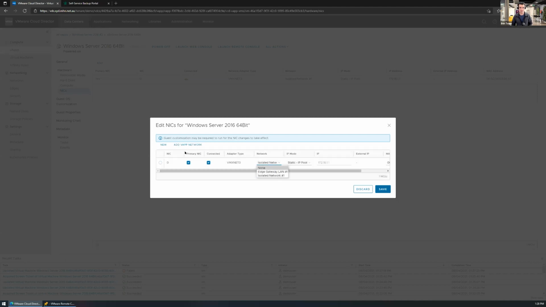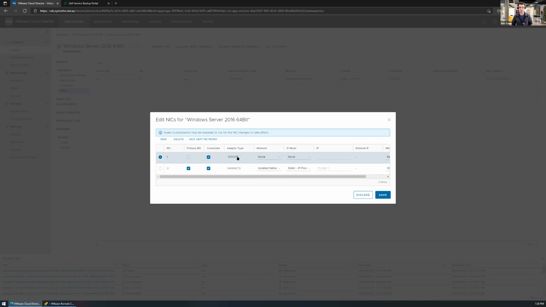Because it's got VMware Tools installed in the OS, in the Windows piece of it, it will allow you to provision, I think it's up to 10 different NICs. Now all of our VMs, if you use the VMXNet 3 adapter there, you'll get 10 gig connectivity between all of your VMs. If you use the E1000, you're only going to get 1 gig, right?